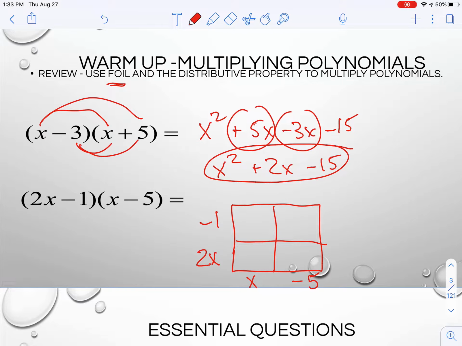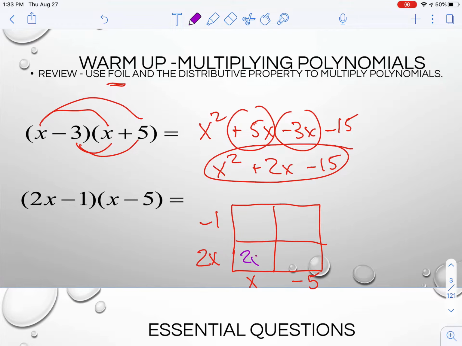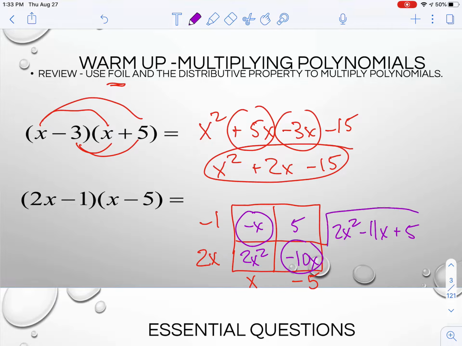So 2x times x is 2x squared, x times negative 1 is negative x, 2x times negative 5 is negative 10x, negative 5 times negative 1 is 5, and then you just combine like terms. 2x squared minus 11x plus 5. Okay, would be your final